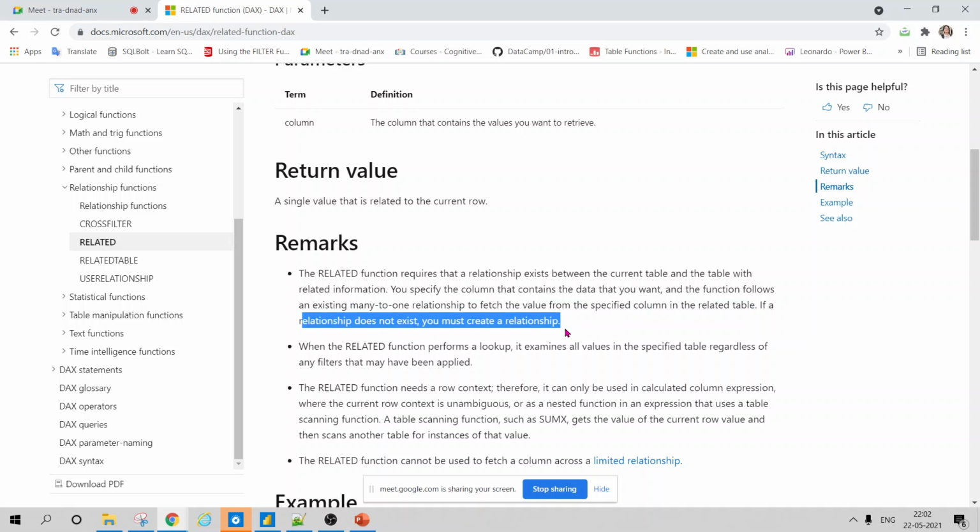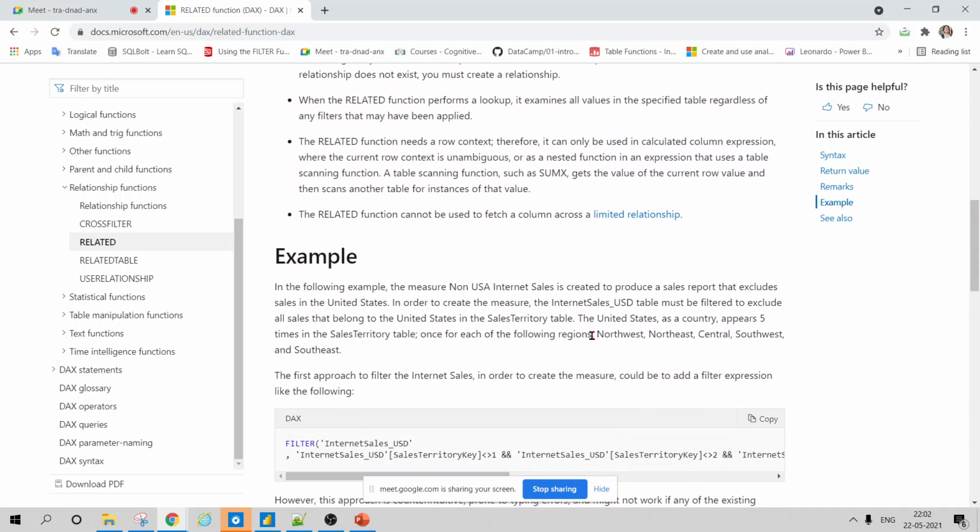If the relationship does not exist, you have to create a relationship. When the RELATED function performs a lookup, it examines all the values in the specified table regardless of any filter that may have been applied.